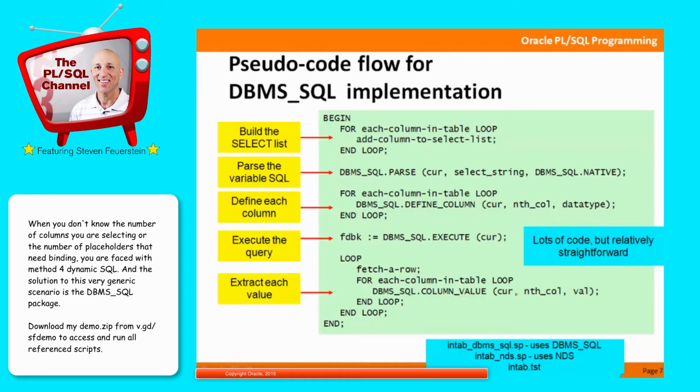So as you can see, lots and lots of detail, many steps. But this is exactly the level of detail I need. Since I don't know how many columns I've got in advance, I need to call define column in a loop. Since I don't know how many columns I have in advance, I need to fetch the column values one by one inside a loop. There's no way to do this with execute immediate, but I certainly can do it with